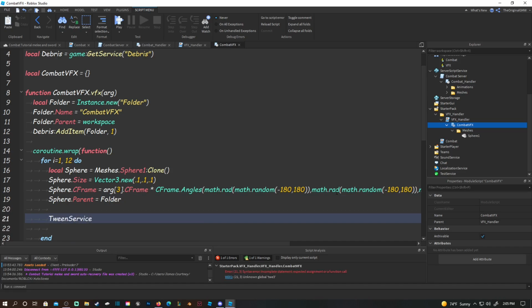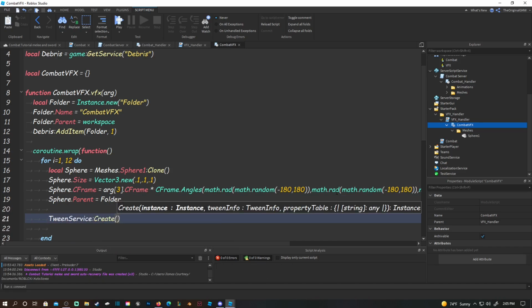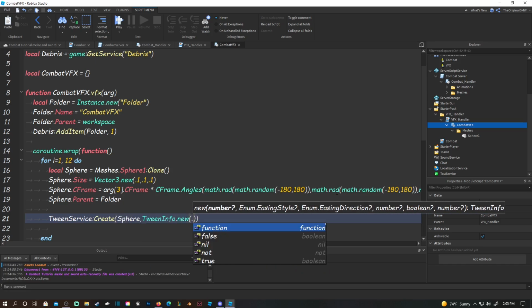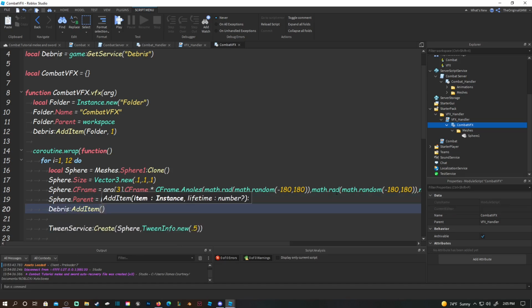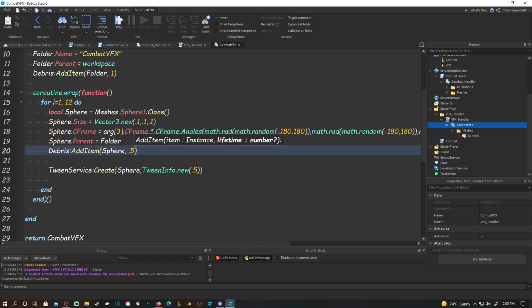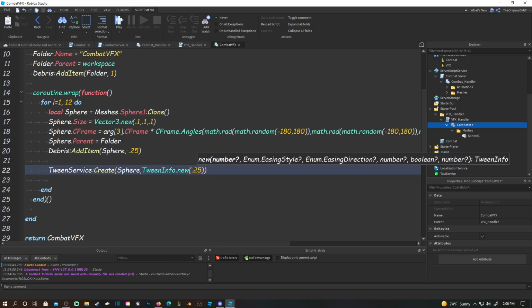Now we have to tween it, right? So we're gonna do 3 tweens. So TweenService, sphere, TweenInfo.new(0.5. Yeah. And then inside of this, we're gonna do debris, sphere, 0.5, right? So this is how long each sphere will last. And I'll do 0.25 actually. 0.25 seems fast. And then we're gonna do a comma, squiggly brackets, and then CFrame is equal to